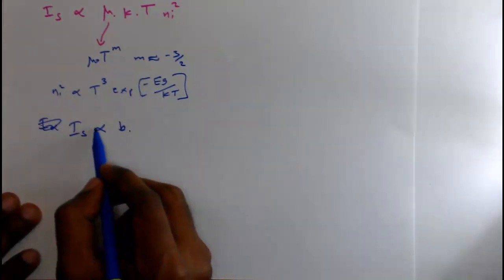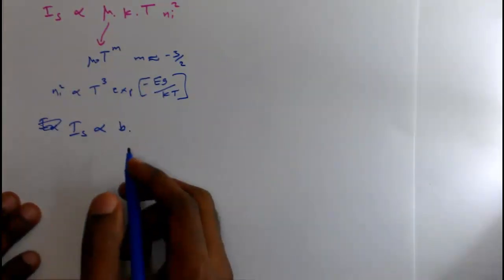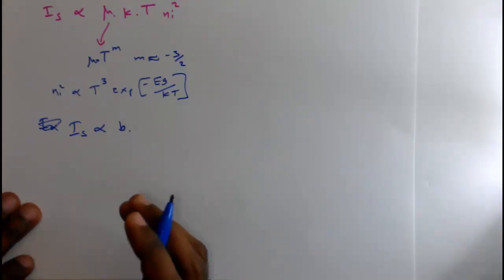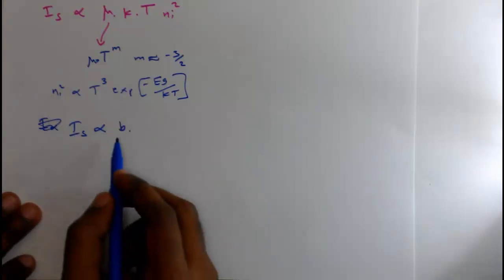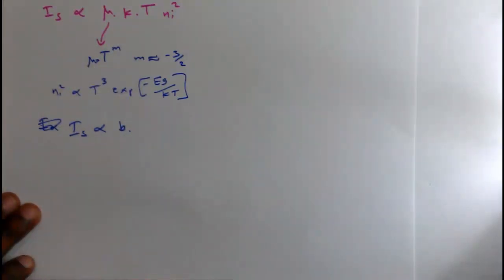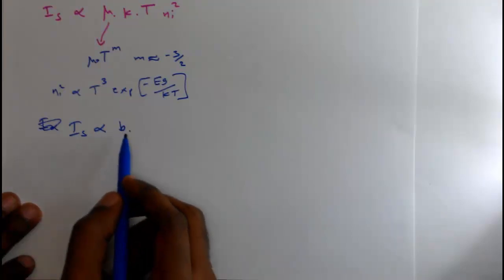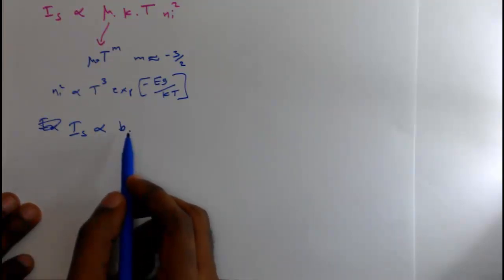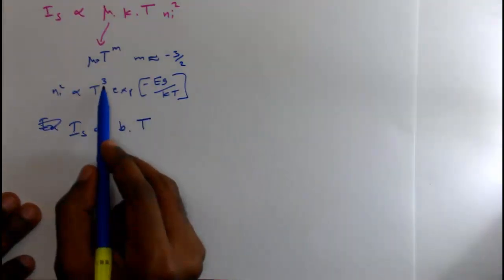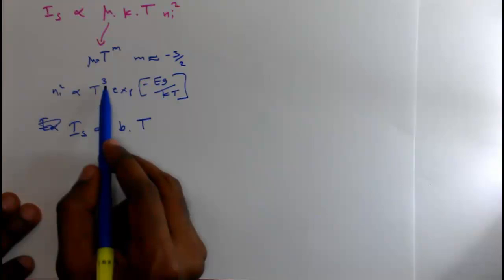We are just using a proportionality sign here. So we just want to see the dependency on the temperature. We are not interested in the constants. So all the constants like K and mu 0 I am including in the B. So Is is proportional to B into T to the power, we have 3 here,